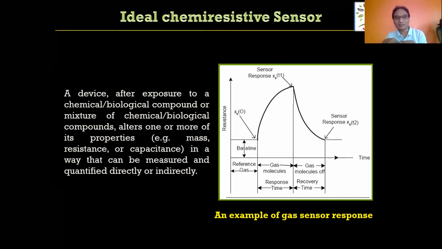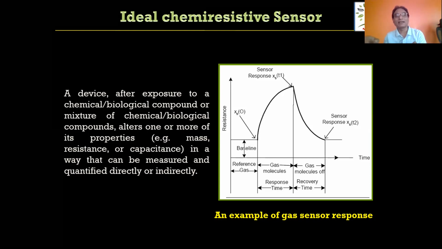What does it mean? If you apply, let us say, 2 volt, and put a current meter across that material, you will get some value of I. Based on V and I, you will be able to get the resistance of that material. If the resistance of the material is unknown, by applying some voltage and measuring the current, you will be able to calculate the resistance. But whenever you apply some voltage, the current is not going to stabilize immediately. Ultimately, the resistance is not going to be stabilized.